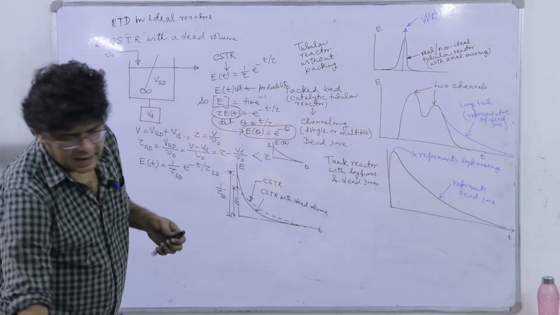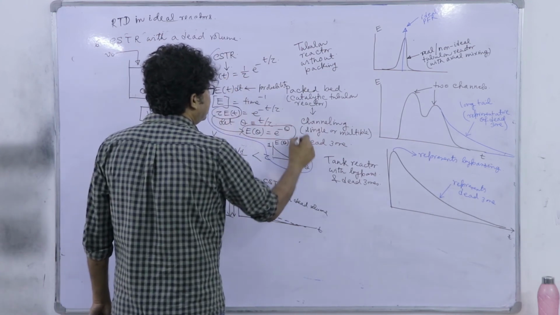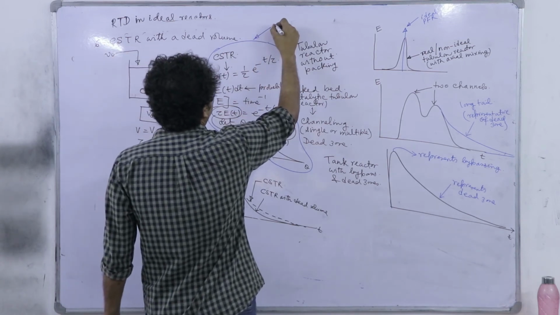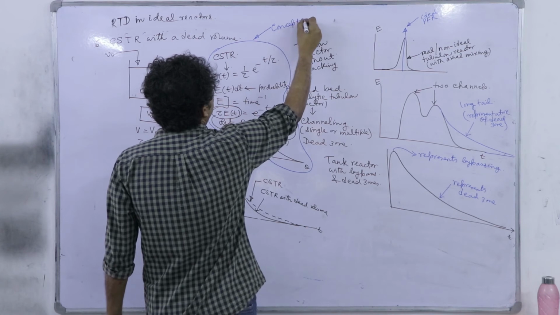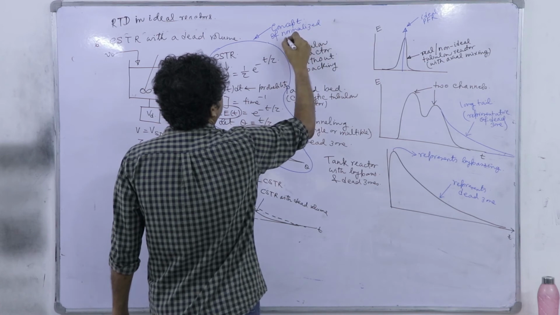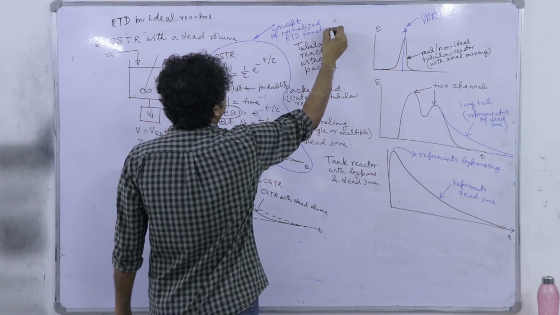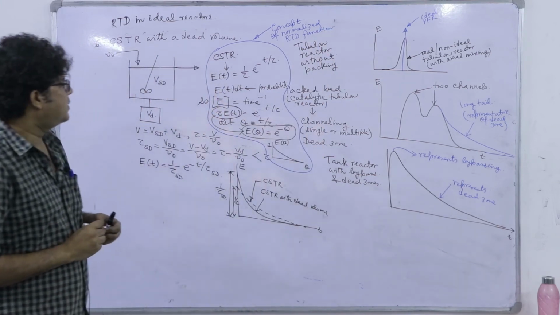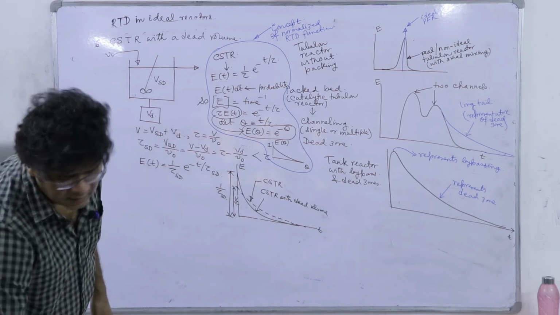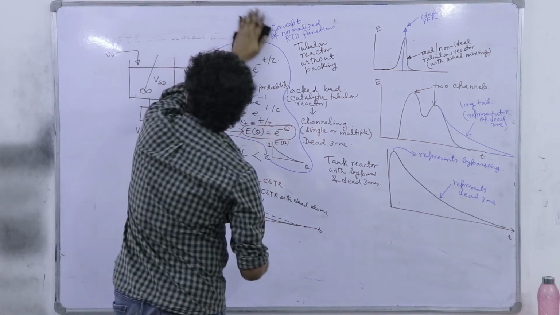So, this is the idea of normalized RTD function. Though we have derived it from the CSTR, it is actually valid for every reactor. So, the concept of normalized RTD function, right. So, that is the basics of normalized RTD function. With this understanding of normalized RTD function, which is an intermediate topic,